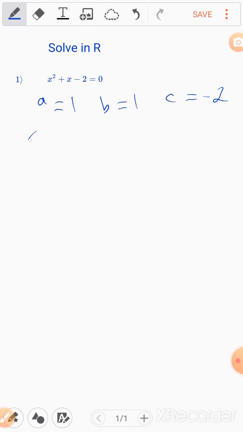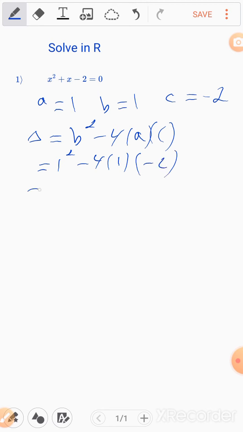If we have to calculate delta, it is b squared minus 4 times a times c. So it is equal to 1 squared minus 4 times 1 times minus 2. So it is equal to 1 minus 4 times 1 times minus 2, which is plus 8. So it is equal to 9. Delta is 9. It is positive. So, to speak about the existence of roots,